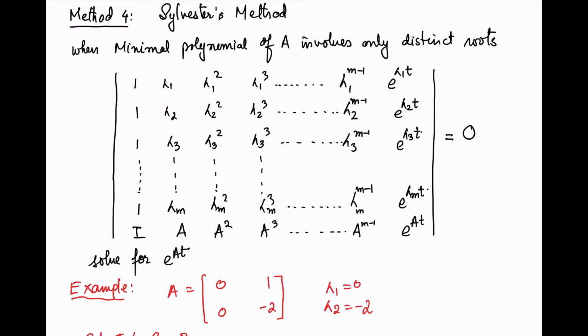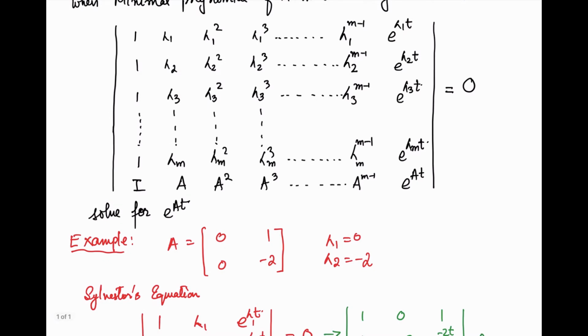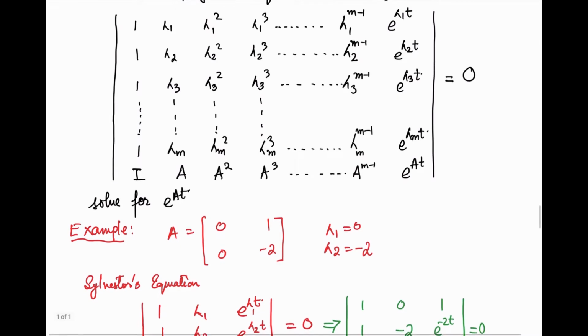So now let's solve an example that will help us to understand this Sylvester method. So we need to set up this equation. For that, the first step is to determine the eigenvalues. So let's suppose that the matrix A of the system is this one, that is the state matrix, and from this one we can determine the eigenvalues, and if you solve it for eigenvalues, those will be 0 and minus 2. So now we can set up this Sylvester equation with the help of this one. So we know the eigenvalues. The first eigenvalue is 0, and the second one is minus 2, right?